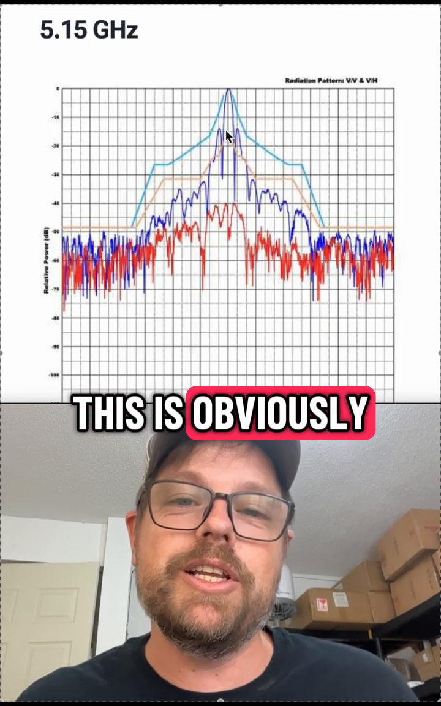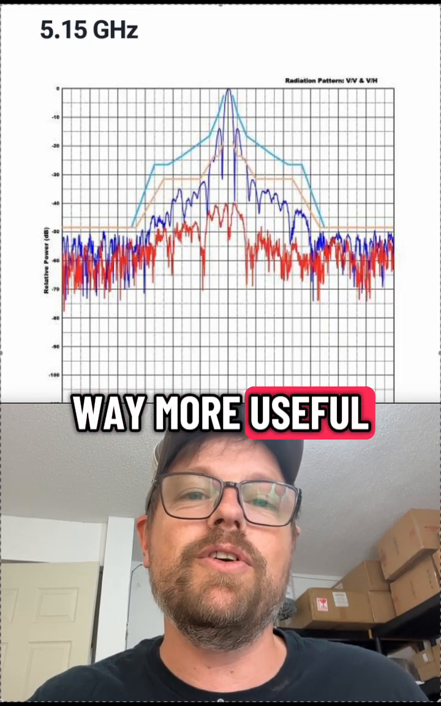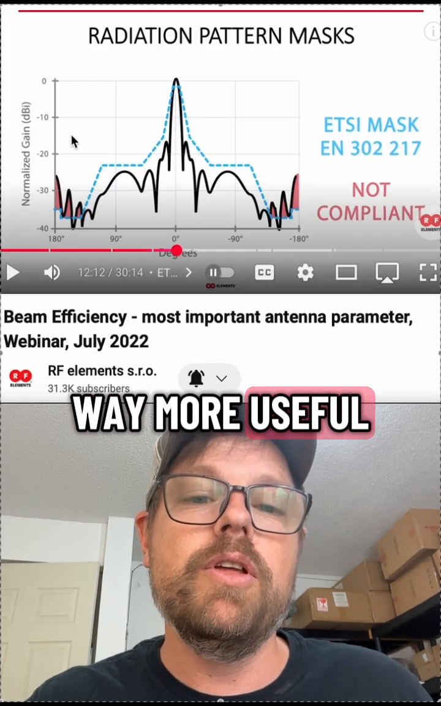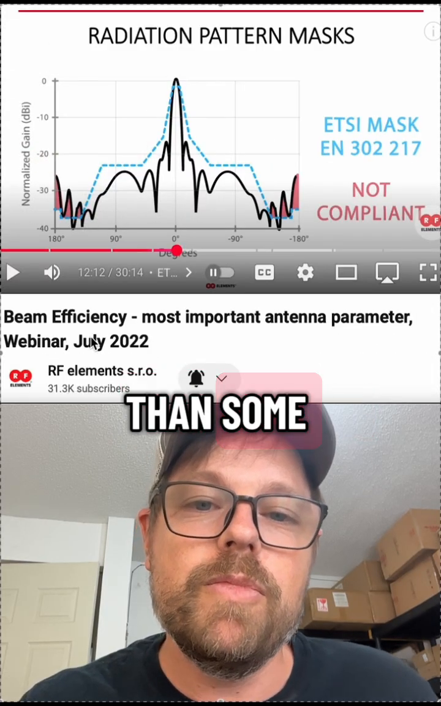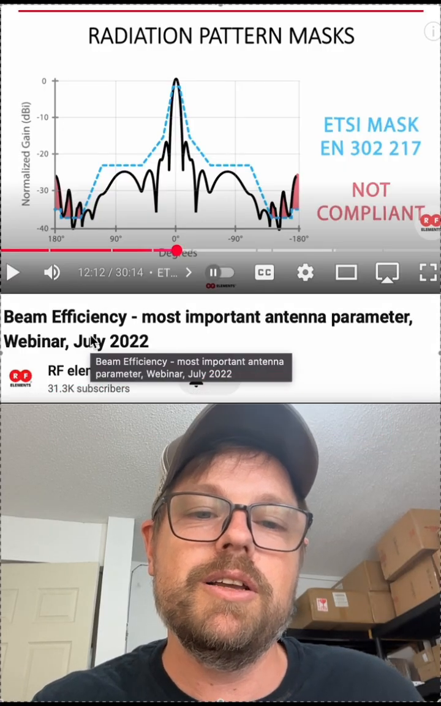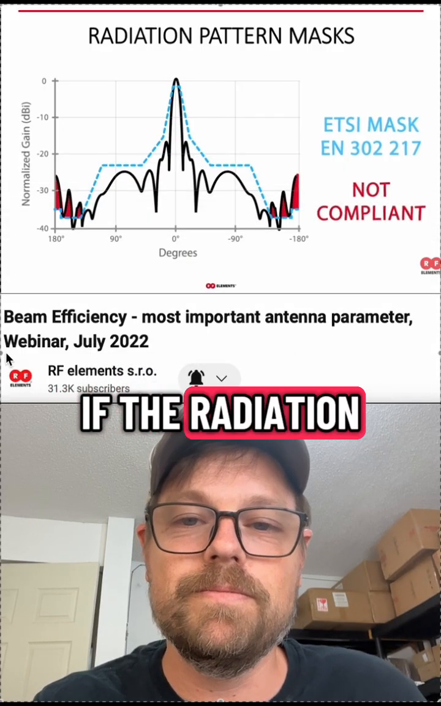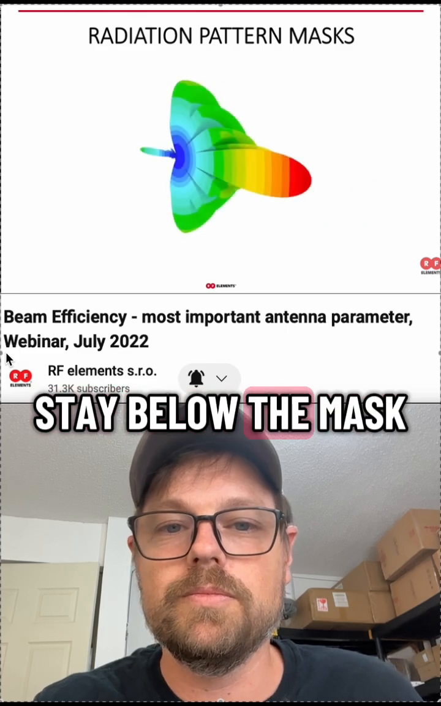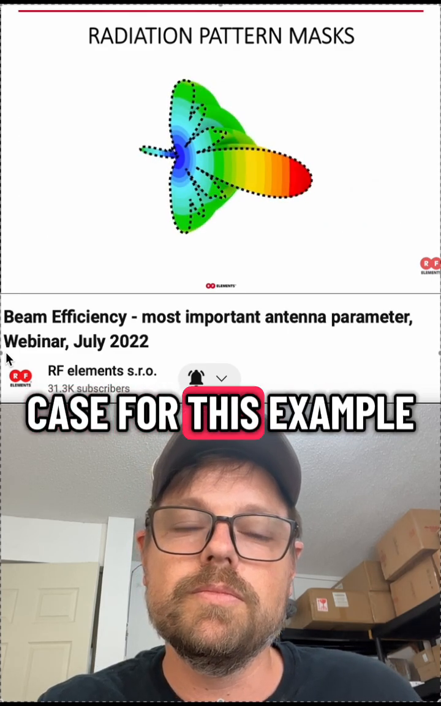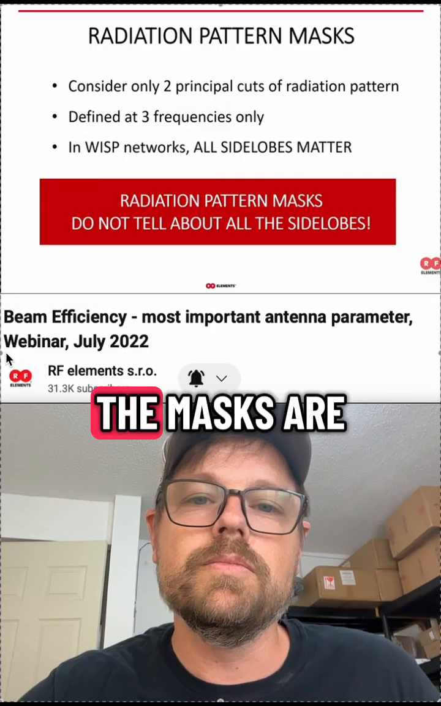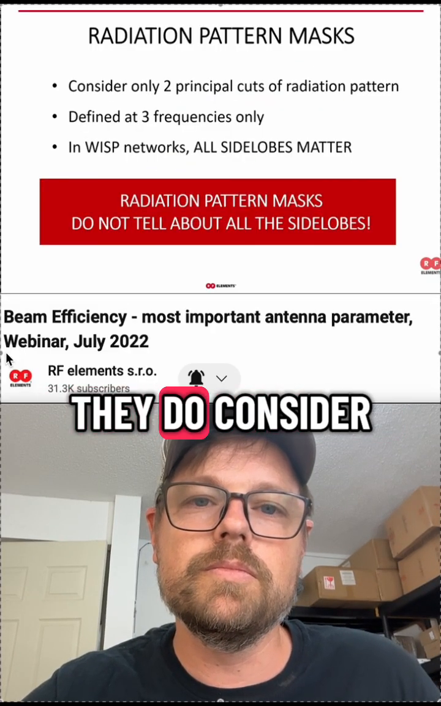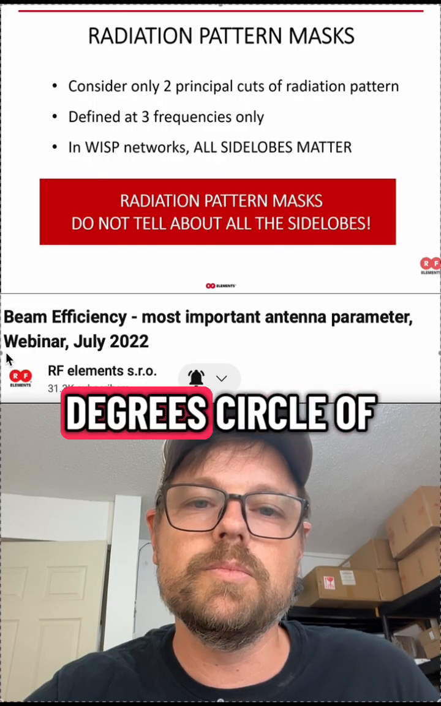This is obviously way more useful than this, way more useful than some arbitrary percentage of beam efficiency. If the radiation pattern does not stay below the mask, the antenna is not compliant, which is the case for this example. The masks are easy to understand, and to their credit, they do consider the whole 360-degree circle of a radiation pattern,